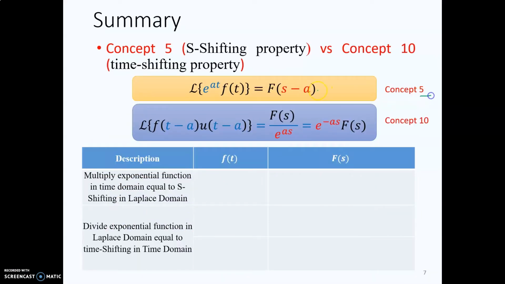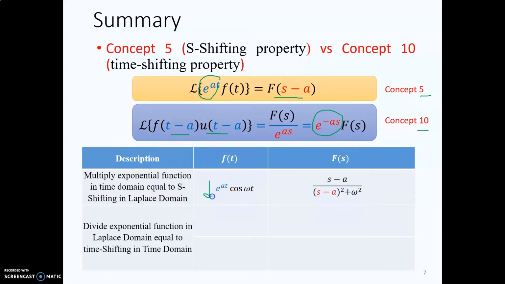In concept 5, you have the s shift if you multiply by the exponential in the time domain. In concept 10, if you multiply by the exponential negative as in the Laplace domain, you will have the time shift multiplied with the unit step function. So this is the formula